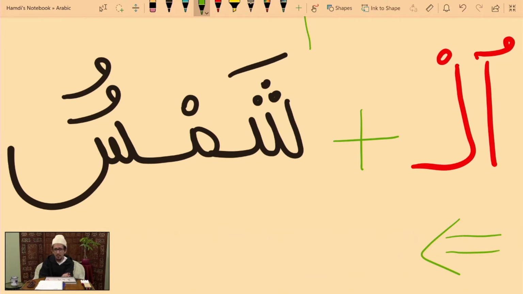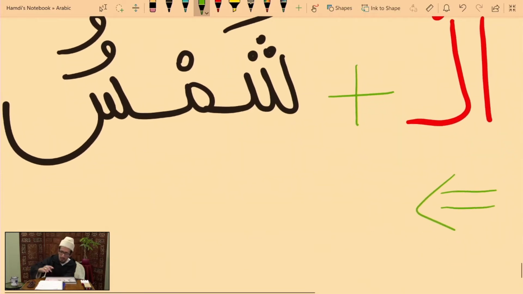Anyways, it's not our decision anymore. We can understand the decision of the engineers, but al-shamsu, I find it heavy. Arabs will never say al-shamsu. They will laugh at you if you say al-shamsu. Naturally, the tongue goes to ash-shamsu. So the result of al, the, plus shamsu is